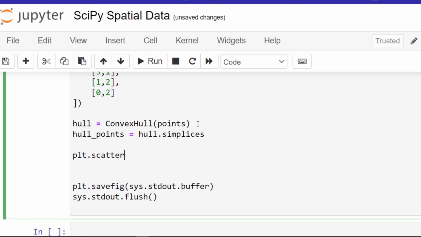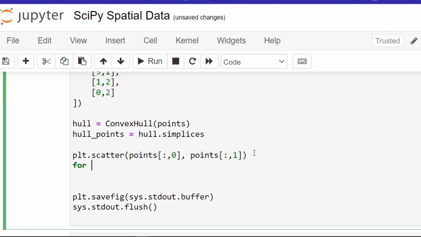I'm gonna use a scatter distribution, then let me pass in points, and then the first one, let me say to 0, then the other one, let me say points to 1. And then what I do, let me use the for statement here. Let me say for simplex in hull underscore points,